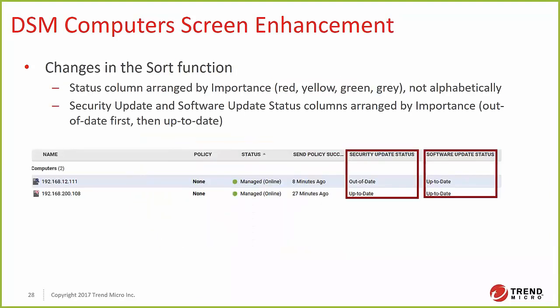And the sorting behavior on the computer screen has been changed as well for some of the columns. Number one is the status, and the status light columns are now sorted by importance. Those different color indicators like red, yellow, green, or gray, rather than alphabetically. And then second thing is the software update status or the security update status columns are now sorted based on